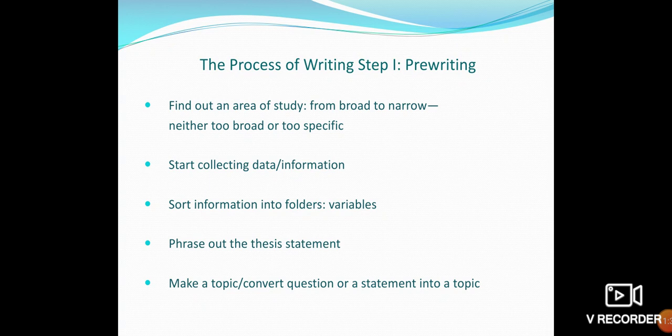Basically, sorting the information, chapterization or paragraphing, I should say paragraphing, is very difficult. What idea should come first, what I should make a topic, that's going to be a very difficult part when it comes to research writing. So this is a pretty easy method. You make a folder for each category. That category we can call, in research terminology, a variable.